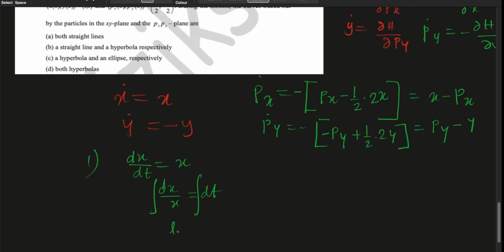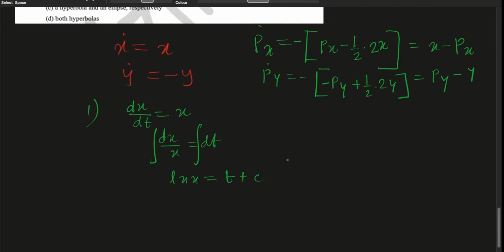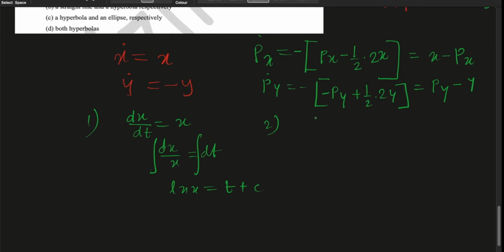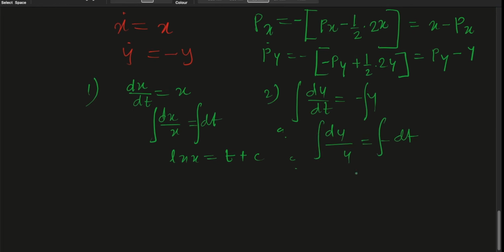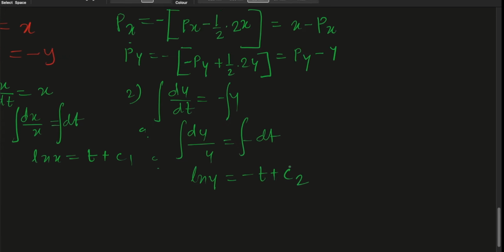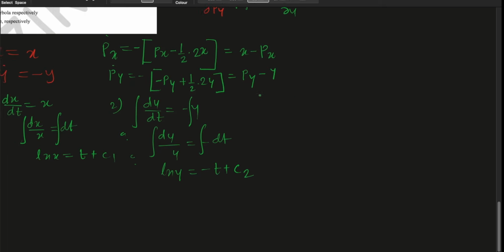That is ln x equal to t plus c1, and the second equation is given, that is dy/dt equal to minus y. If you take the integration on both sides, it will become dy by y equal to minus dt. So this is ln y equal to minus t plus c2. The first and second differential equations we have solved. The third one is this,